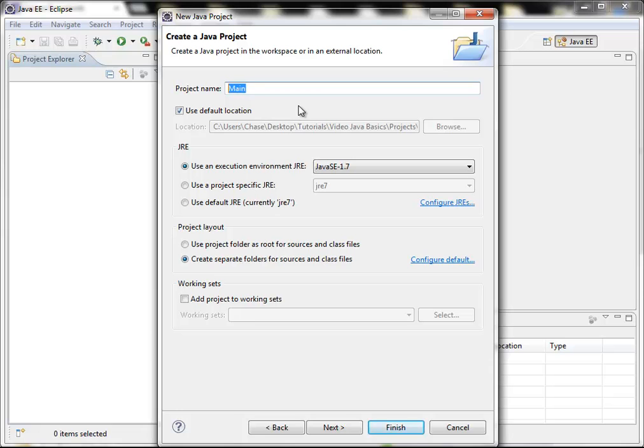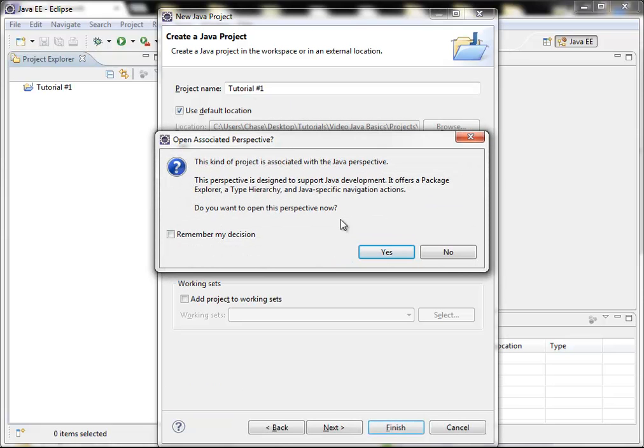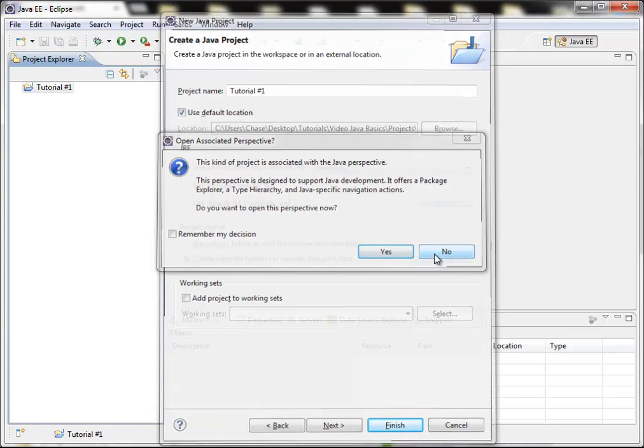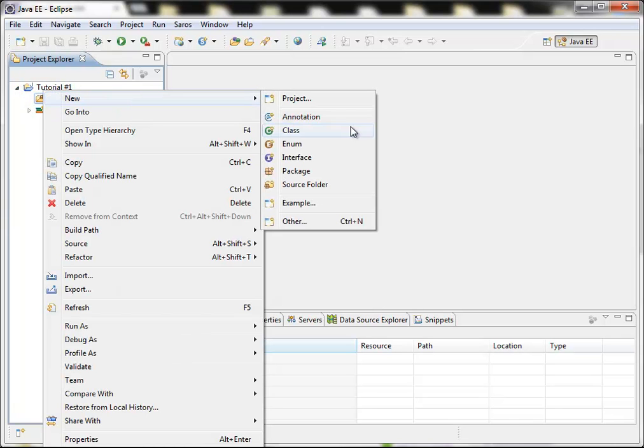So I'm going to name mine tutorial number 1, or I guess it should be 2, but you know. And you don't need to open it. You can if you want to. I'm not going to. The Java perspective just adds new views and stuff. And the point is though, now we have a project, and inside our project we can put a class in